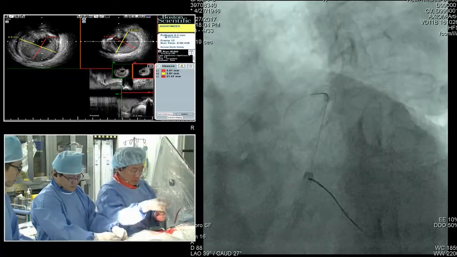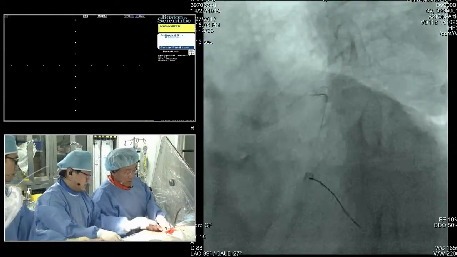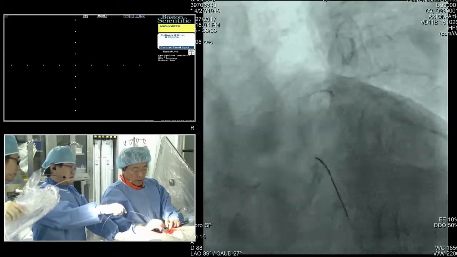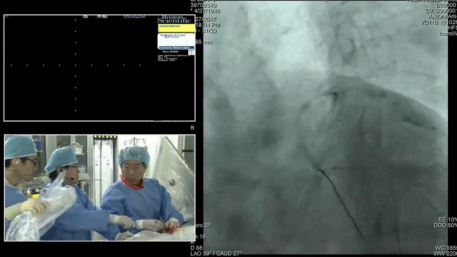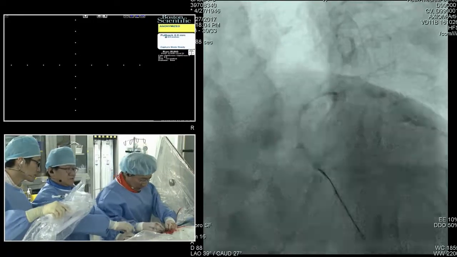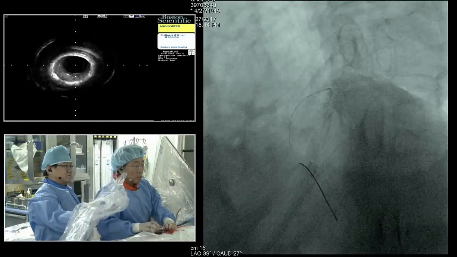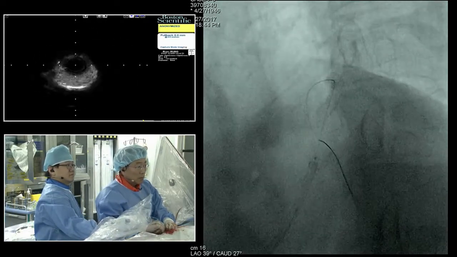All right. So if you want to see the proximal part of the stent, actually there are some size discrepancy. There is some malposition. Yes, we need a bigger balloon inflation and kind of a simultaneous proximal optimization too. And we show that